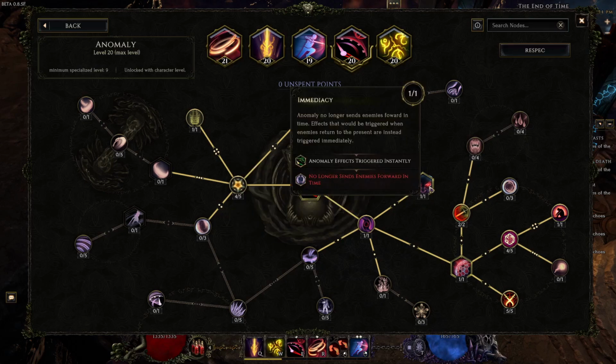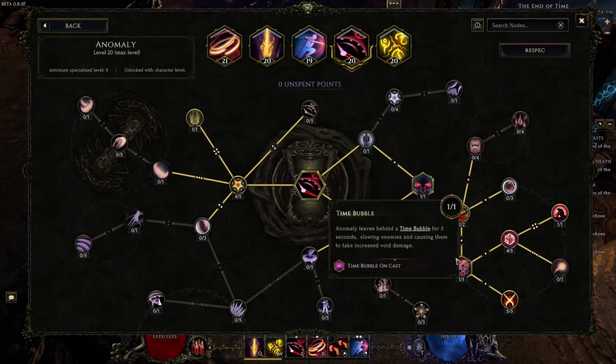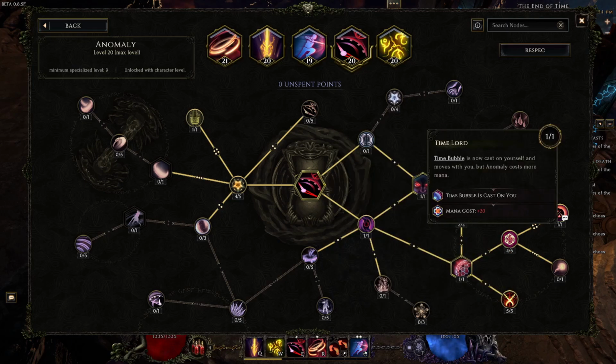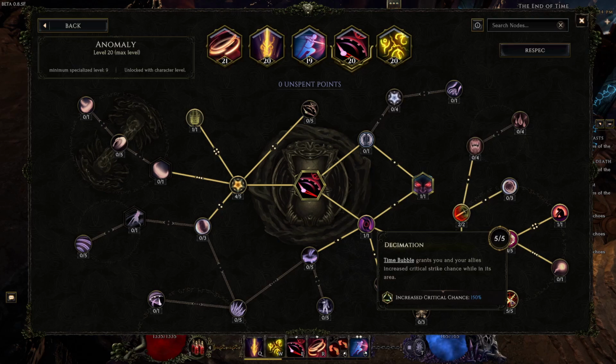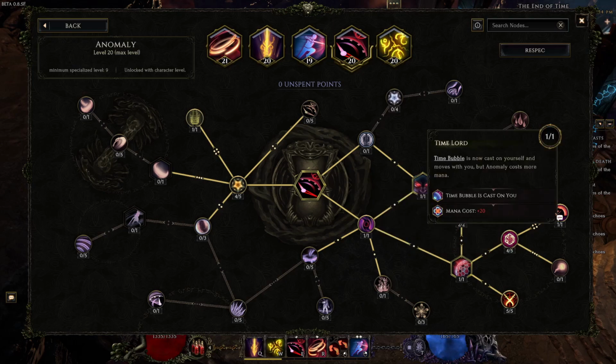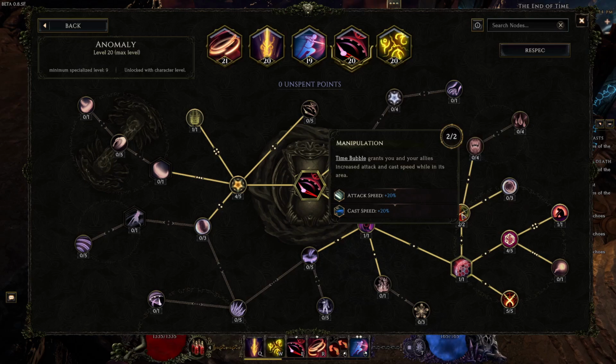We want immediacy, so the anomaly effect triggers instantly. We want to go right for Time Bubble, and then we have different ones here just to buff us. You can go pretty much whatever you want. We have 5 points here in Decimation for crit chance. We've got Temporary Mastery for increased duration, Time Lord, another one here, and lastly Manipulation for more attack speed and